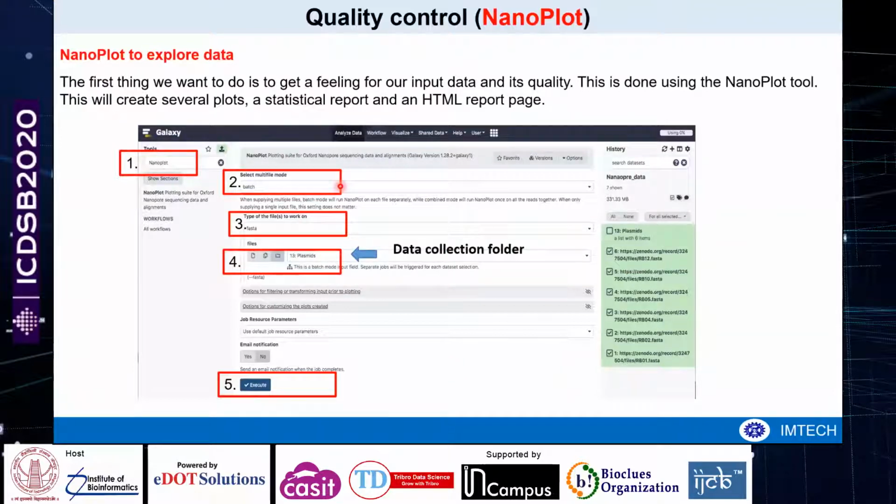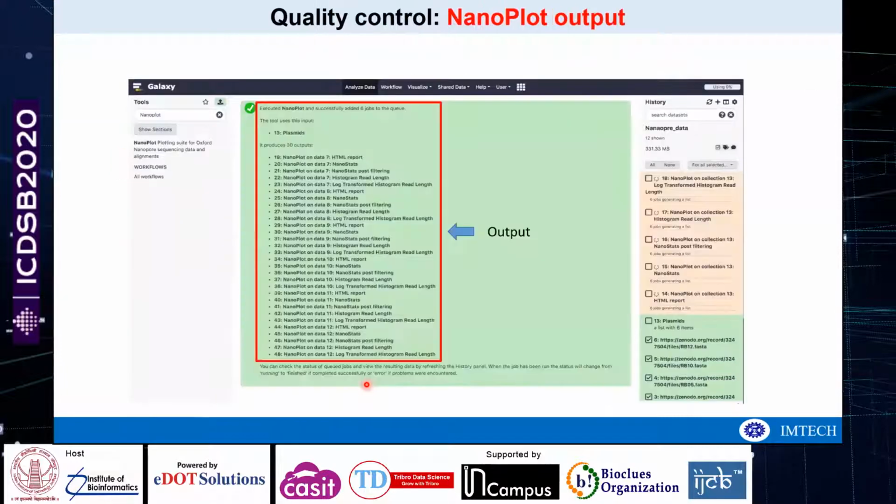Because you are working with multiple data sets, you have to select the batch mode. The sequence is in FASTA format, so you select FASTA format, and then your folder plasmids, which contains six samples of six bacterial samples. Then you click on execute. After this it will give this output.